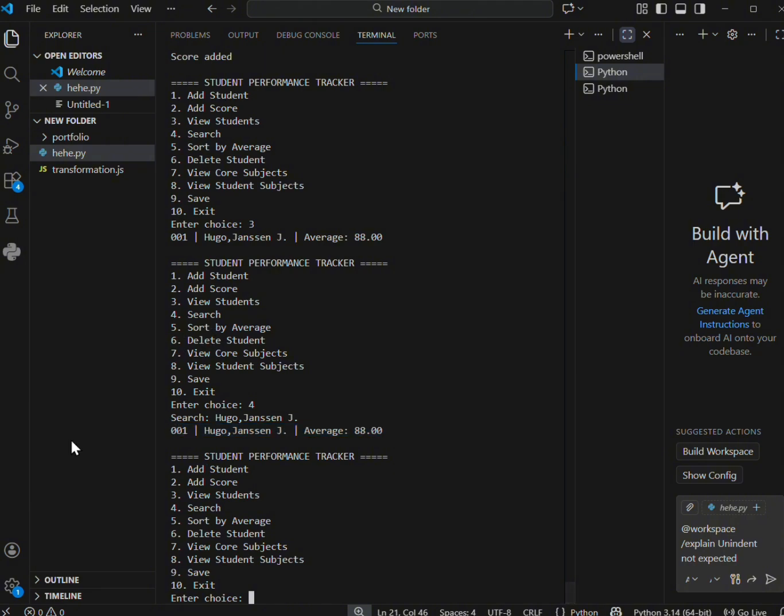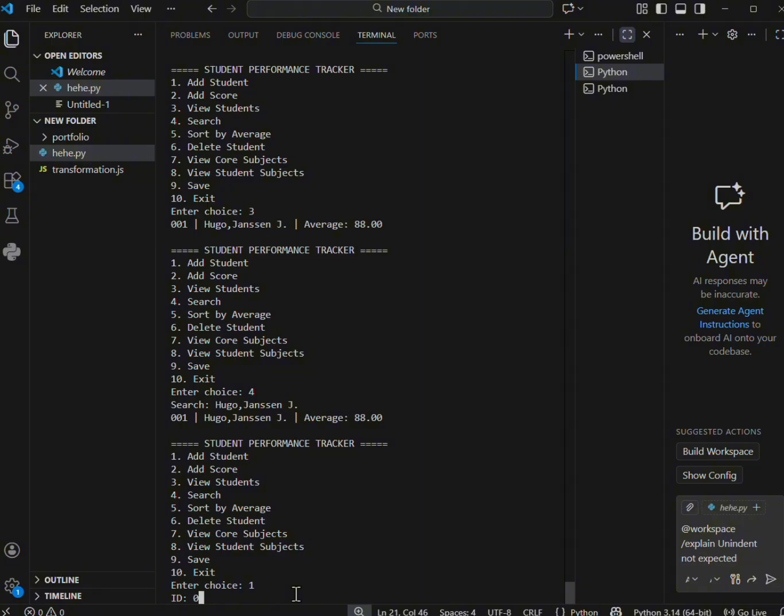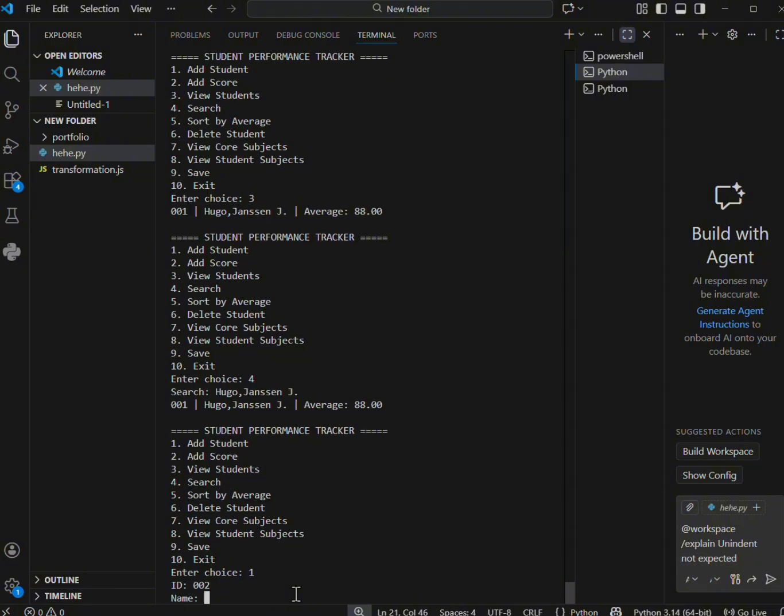Simple as that. After that, I'll demonstrate sorting students by average score in descending order, which uses Python's built-in sorting function with a lambda key. Sort by average. Before we sort by average, let's add another student, 002, name Sen Sen.